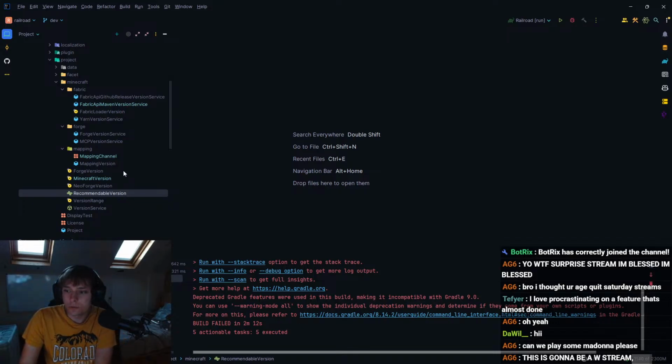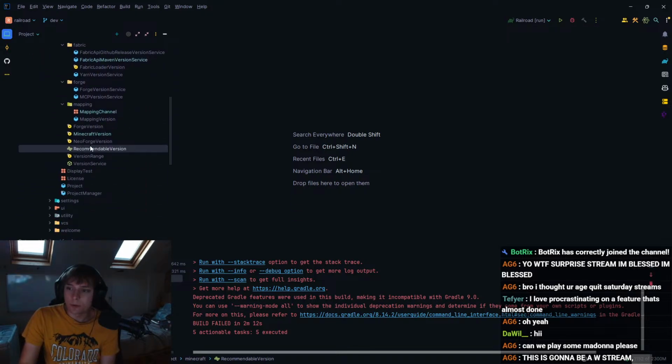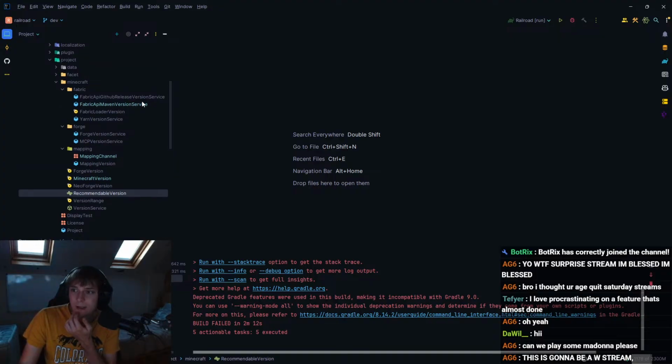I'm going to need to fix the project path for when you create a project, because currently that just creates a shit ton of folders, and I mean like a shit ton of folders. It will spam your entire PC with folders, so I need to fix that at some point. We will do that today, hopefully.